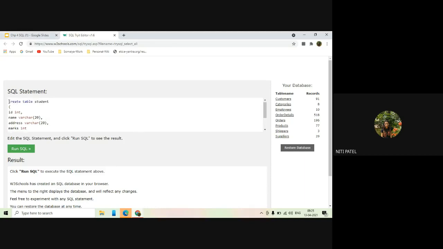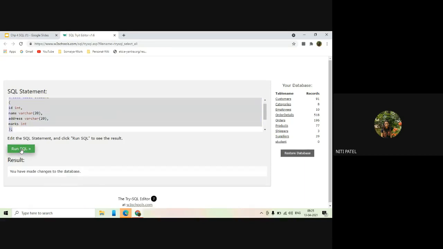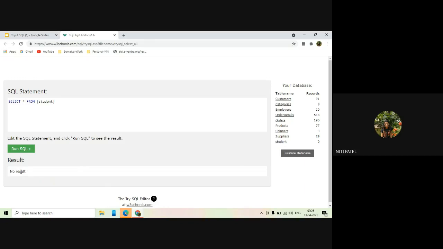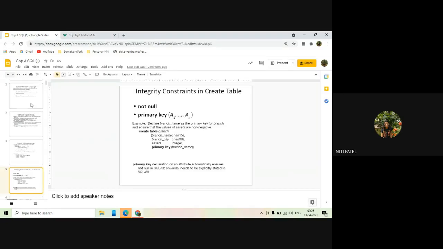Now what I will do is I will select this and say run SQL. So can you see the table student is created over here? Yes, ma'am. Why is it showing records as 0? Because I have not inserted any data in the table. The table is just created. So if you click on the student, you will not get to see anything, no result, because there is nothing to see inside the table. When I add the data, then only you will be able to see the table. Okay. So is this understood how to create the table? Yes, ma'am.